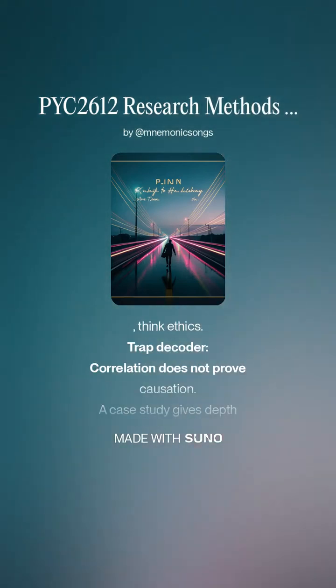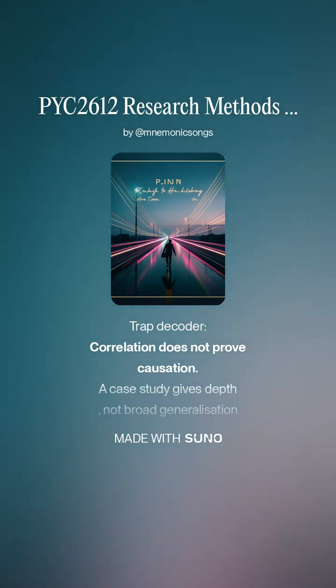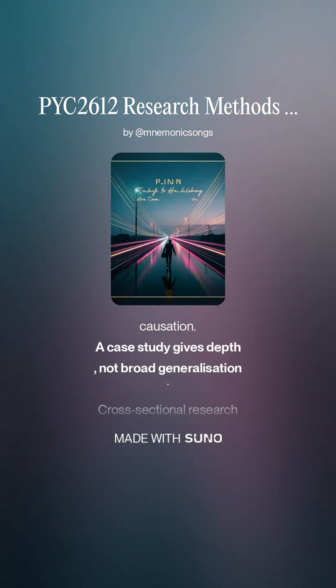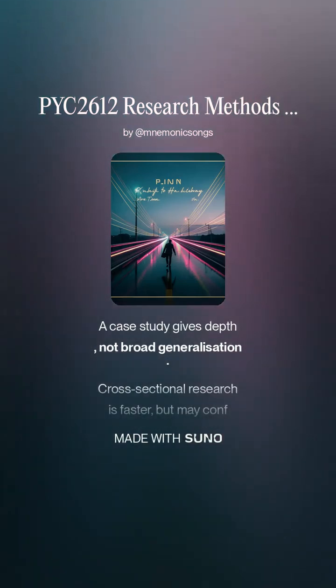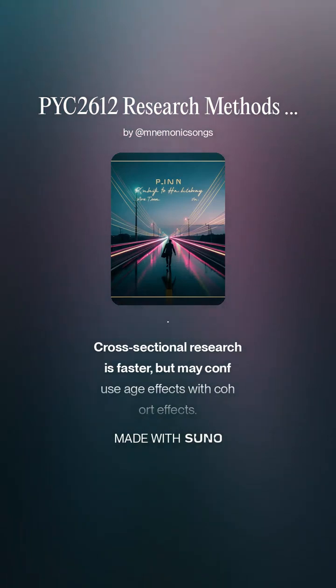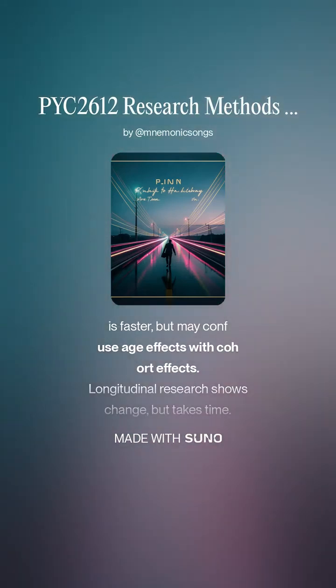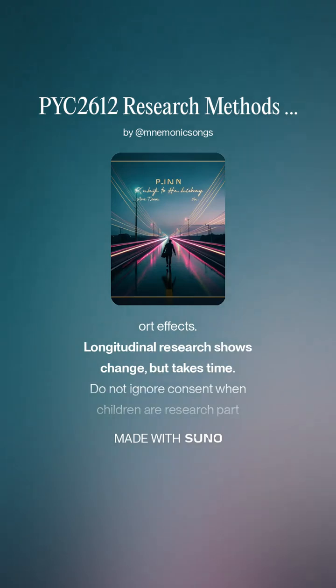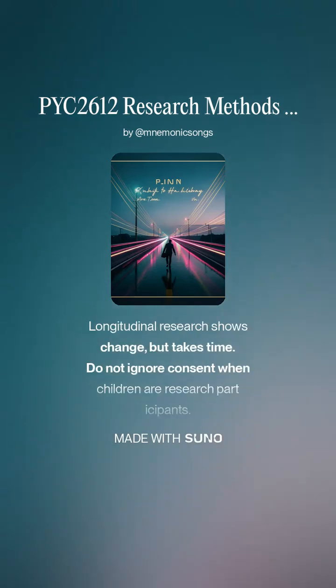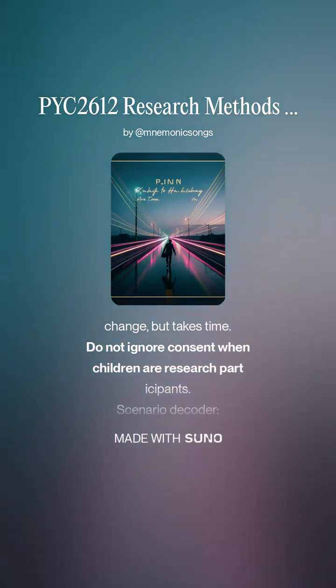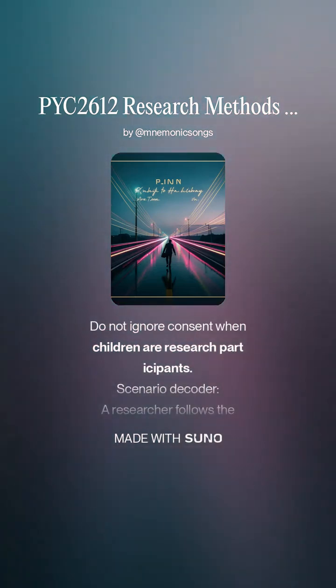Trap decoder: correlation does not prove causation. A case study gives depth, not broad generalization. Cross-sectional research is faster, but may confuse age effects with cohort effects. Longitudinal research shows change, but takes time. Do not ignore consent when children are research